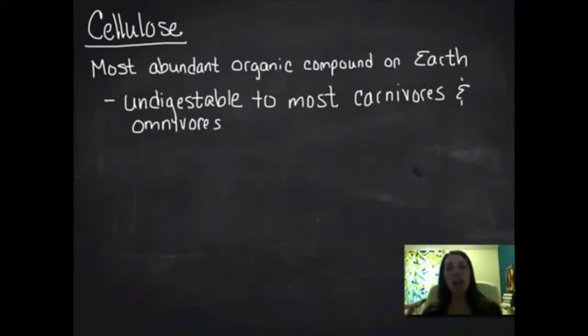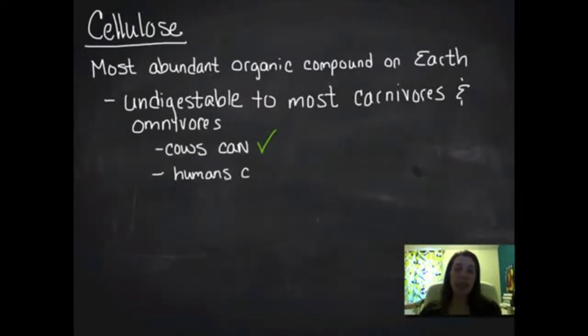And cellulose is undigestible to most carnivores and omnivores. However, most herbivores actually can digest it. So cows can, but humans can't. And that's because cows and most herbivores have a mutualistic relationship with bacteria and very long gastrointestinal tracts. So there's bacteria that live in their intestines, and they've got a very long intestinal tract, and that